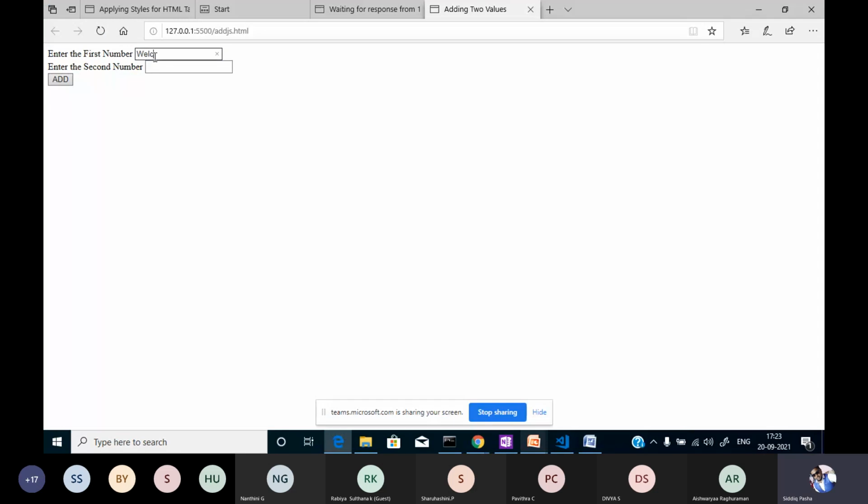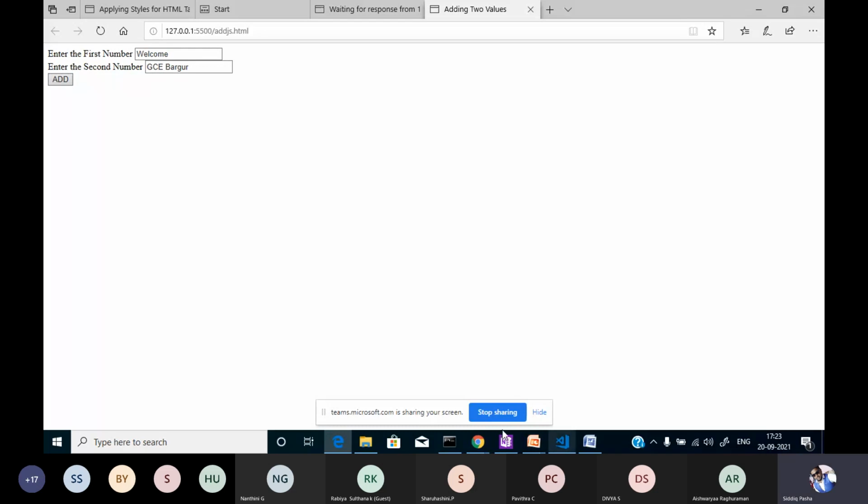Welcome GCE Bargur, so I'll add. See, now it is printed, right? Only the thing is it is appending. Now what we need to do is convert it to an integer.